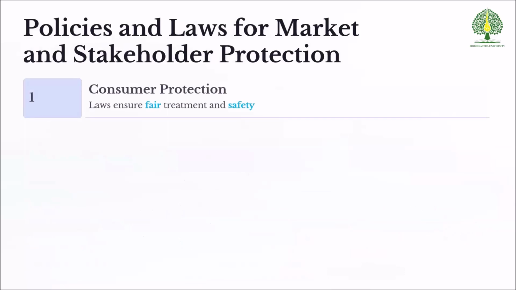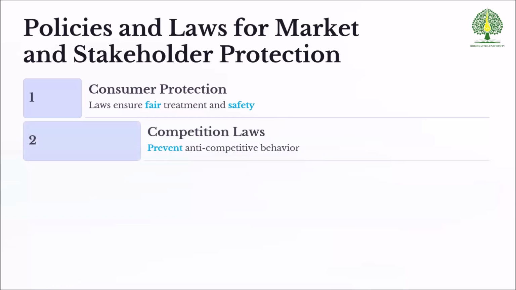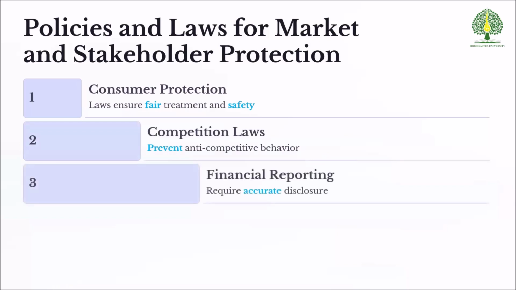So, some of the policies and laws for market stakeholder protection. In some countries, even in Cambodia now, we have what we call a consumer protection unit. I believe that also exists in other countries. So it is very important that we have fair treatment and safety of the products and services to the consumer. Otherwise, the consumers can file a lawsuit against us, leading to the closing of the company as well. Competition laws are also now in place in many countries, including Cambodia. I believe that in Thailand, we also have competition laws.